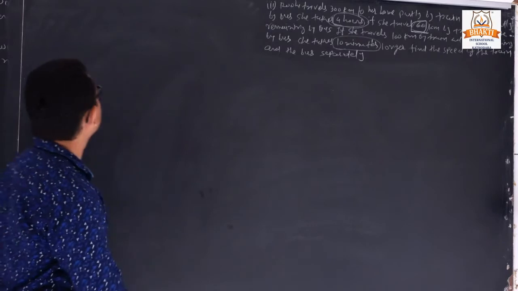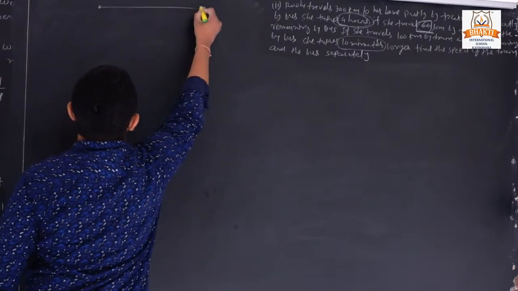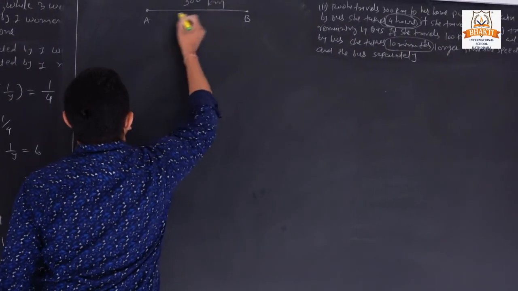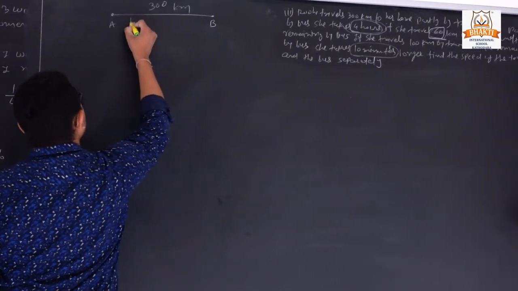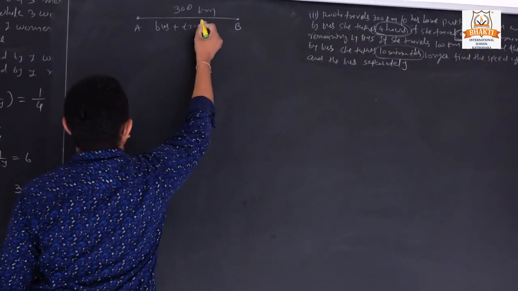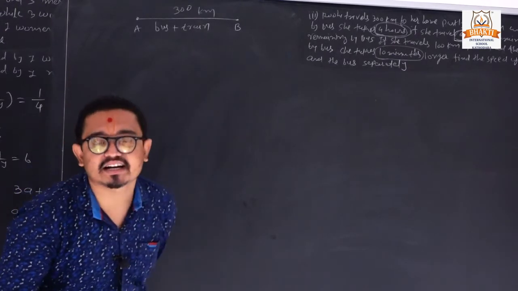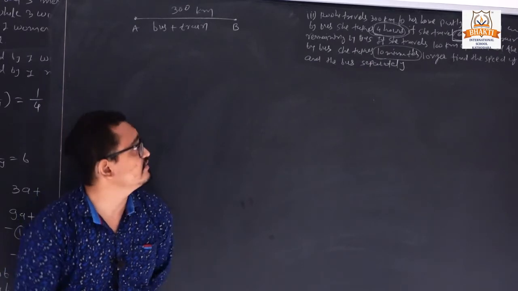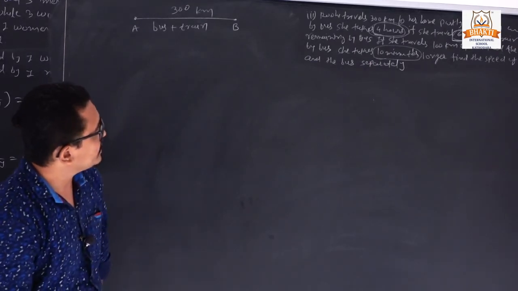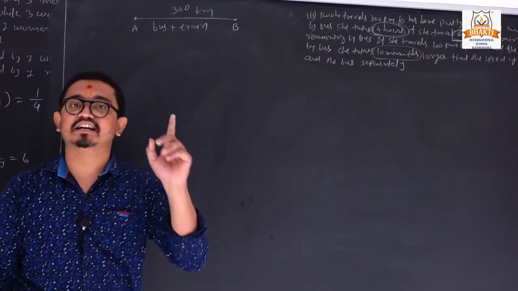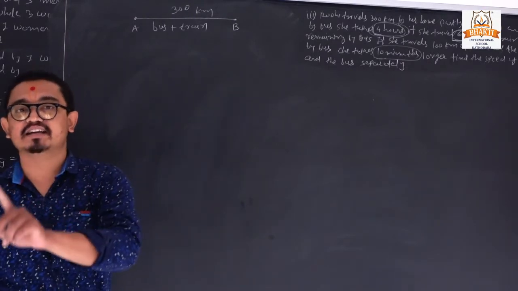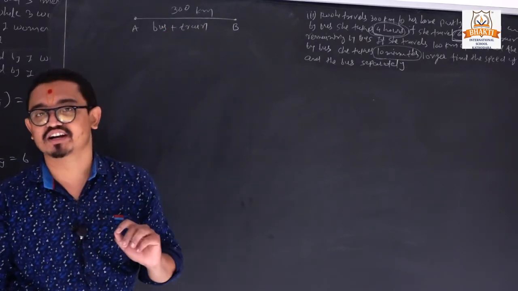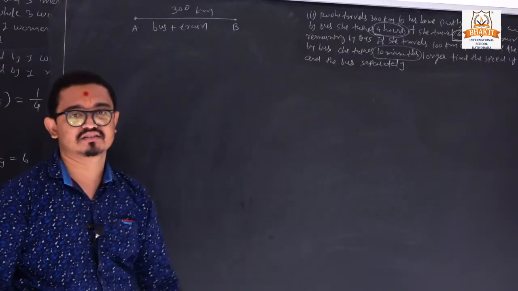It means Ruhi is traveling from one place to another and the distance is 300 km. She is traveling by using bus as well as train, partially by bus and partially by train. It means some distance is traveled by bus and some distance by train. So if she travels 60 km by train, the remaining is 240 km by bus, because the total distance is 300 km. So 300 minus 60 is 240. So she takes 4 hours.